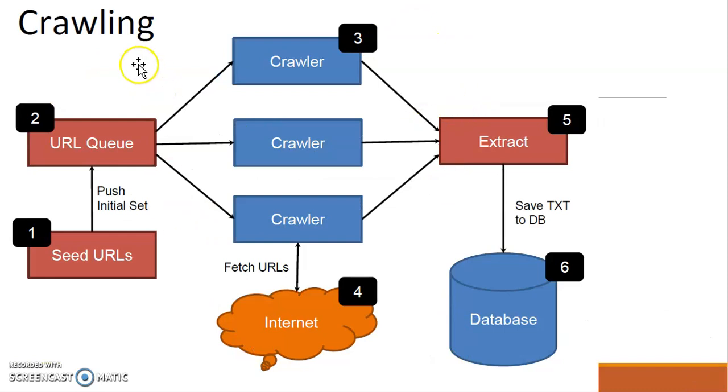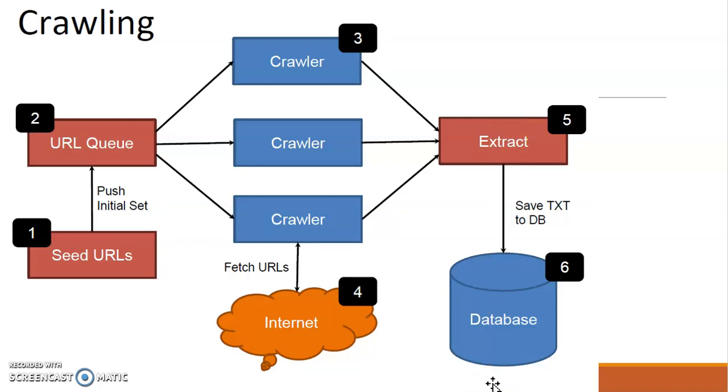Let me explain crawling with this structure. First of all, the seed URL. The seed URL is the basic URL. The URL queue: the seed URL has a URL which puts Googlebot on your site. By the URL queue, our crawler just crawls the things. Crawl, and again crawl. And where does it get all this data? Googlebot gets all this data from the internet and extracts information by crawling your website. And after extracting data, Googlebot saves these files in the database.